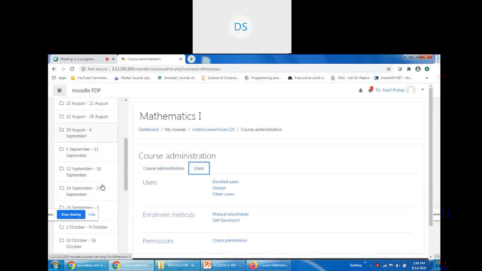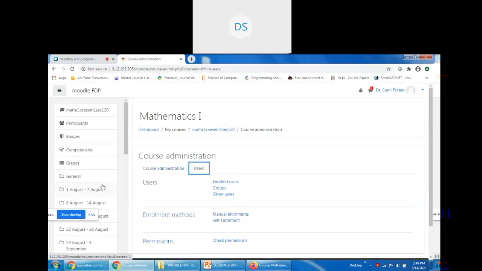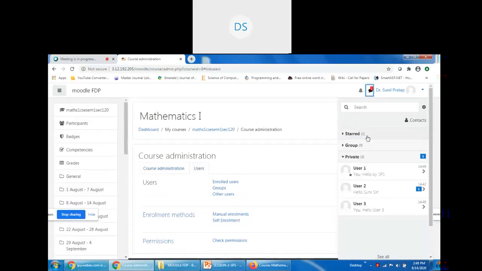Now see, suppose being a teacher, I want to send a message to 5 students at a time. With the online window and with this toggle option, I can send. But I need to maintain a group if I want to send a message to a group of 5, 6, 10 students. Now I also have this option here.